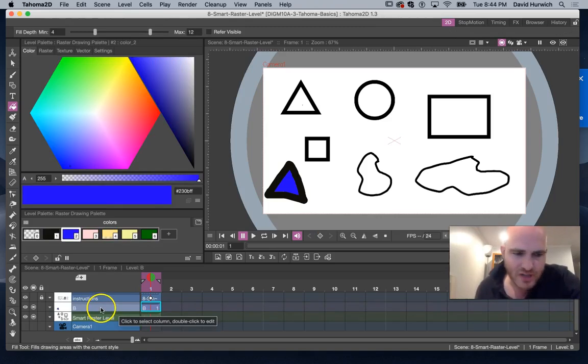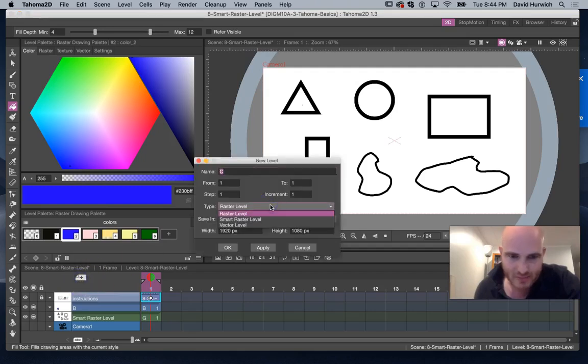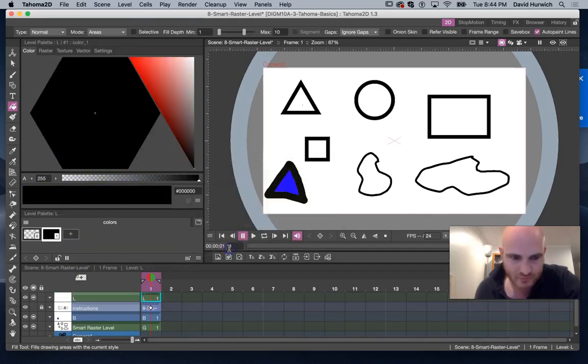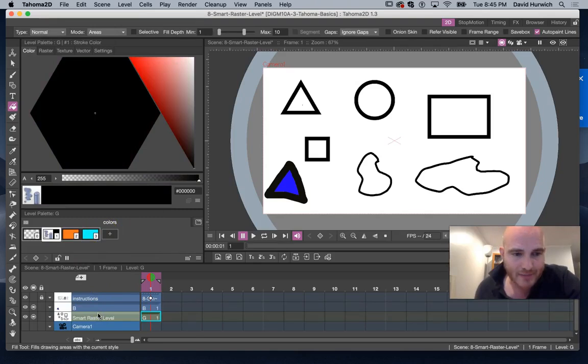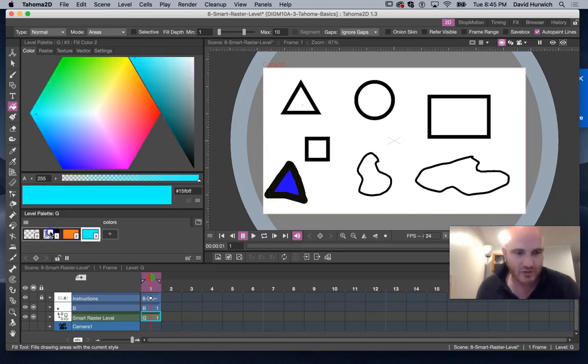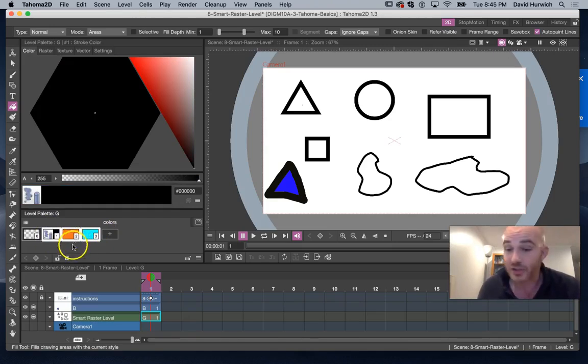We can also create what's called a smart raster layer. The way you do that is when you make a new layer, you set type to smart raster layer. They will come through as green as opposed to being blue. When you have a raster layer, you have your set of colors, your styles that you created. Your smart raster is actually going to have its own palette that's a little bit different, so just keep in mind that if you have a color that you want to replace or change, you're going to have to